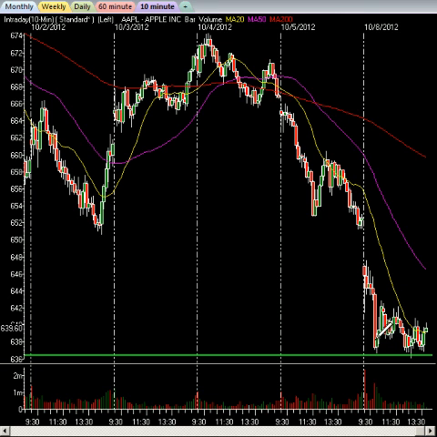Look at the bounce you got on this thing, from basically 637 or so all the way back up to 642. $5 bounce on Apple in a matter of 20 minutes or so. And then sure enough, it comes back down, pops back up, etc. So again, we'll see how things play out here, but nice to see Apple coming off that level. I'm neither a bull nor a bear when it comes to any particular stock or market. I just play the levels, and I make money on all sides of the market, folks.